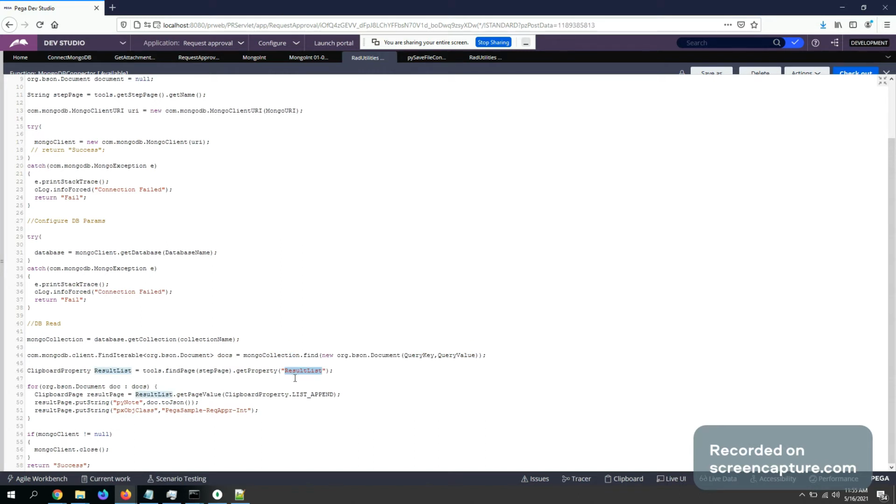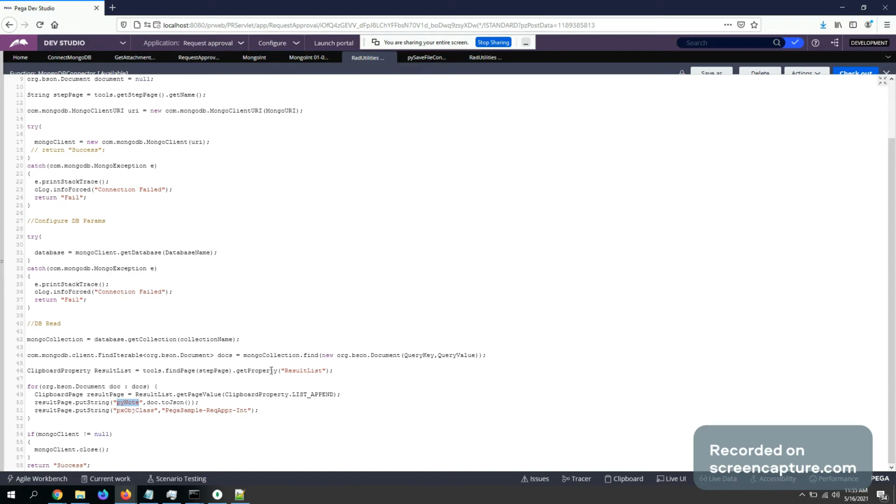This is the Pega page list, which we need to make sure exists on the activity wherever we are calling this function.